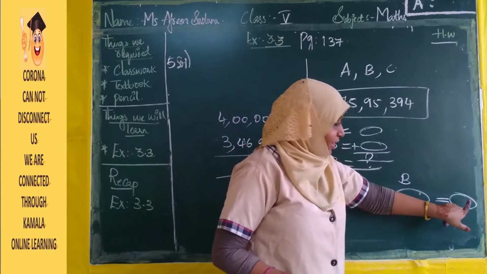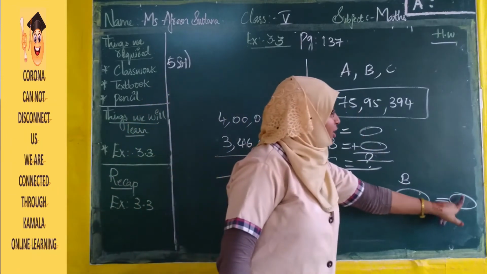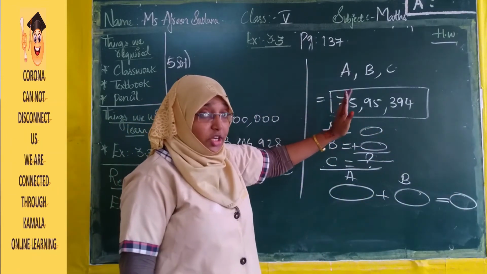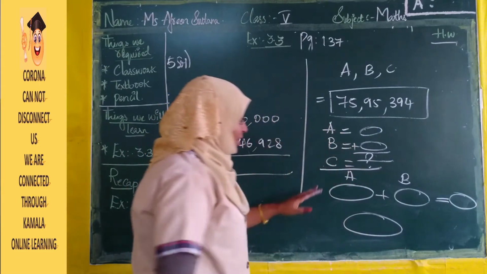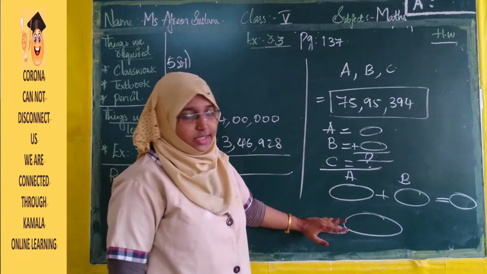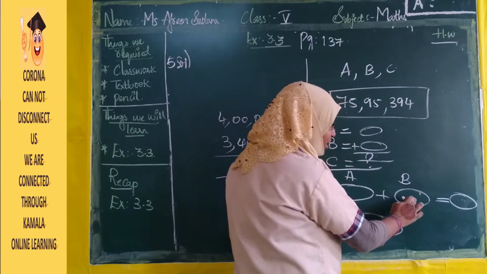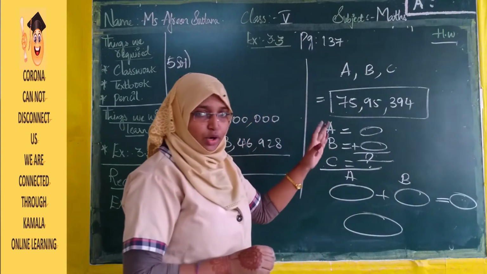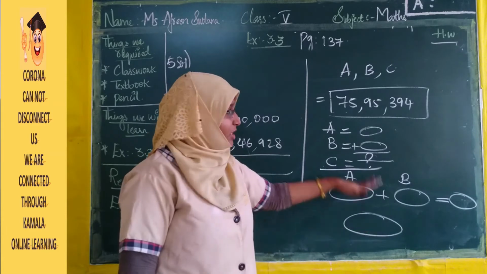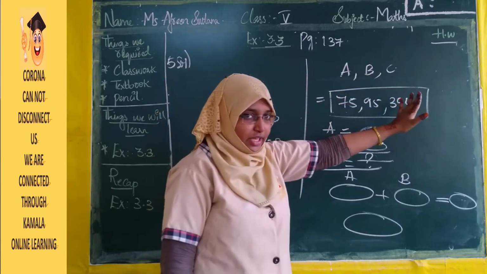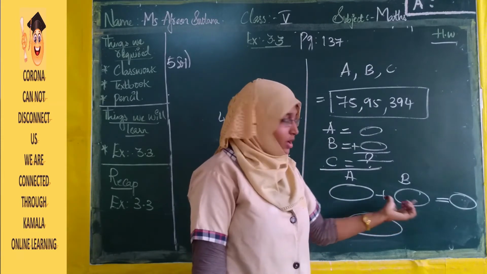That result we are going to subtract from the total number of votes. Whatever result we get, that many votes were got by candidate C. You will subtract this sum of A and B from the total. The result you get is the number of votes got by candidate C. Hope it is very clear. A, B and C contested for the election. This is the total number of votes. Firstly we will add up the number of votes of A and B.